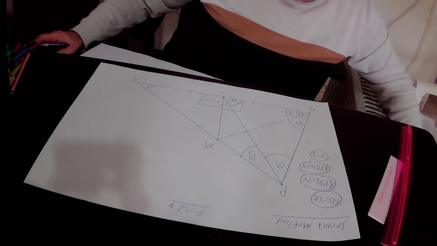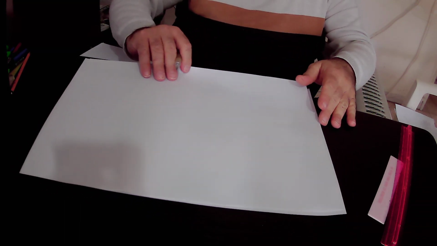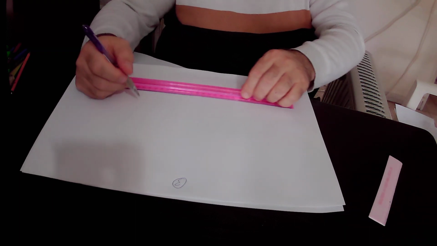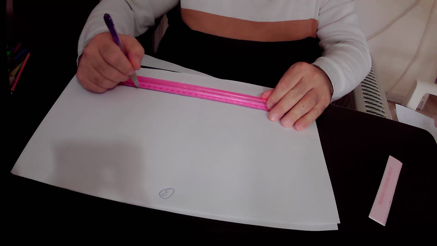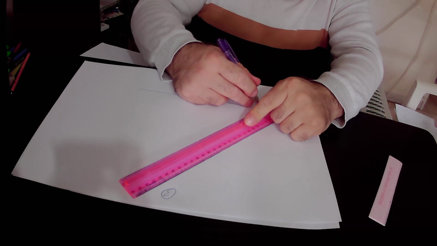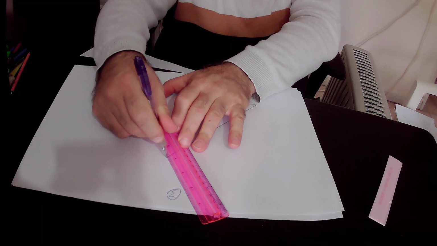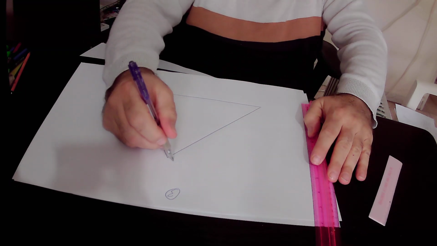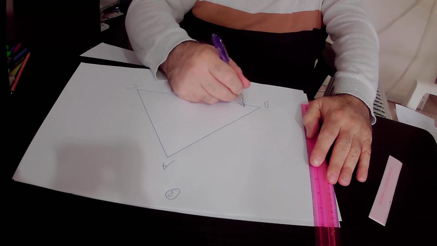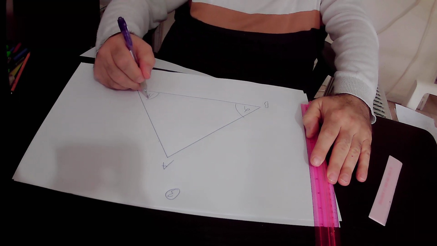The meaning of rule number 4 is that if we have triangle ABC, so this is triangle ABC. Alpha, beta, and gamma